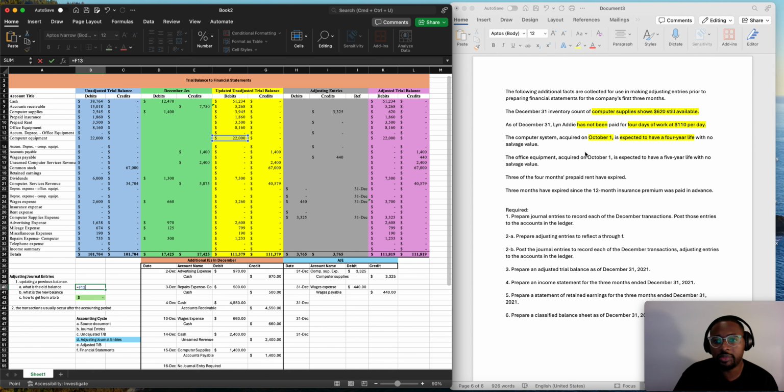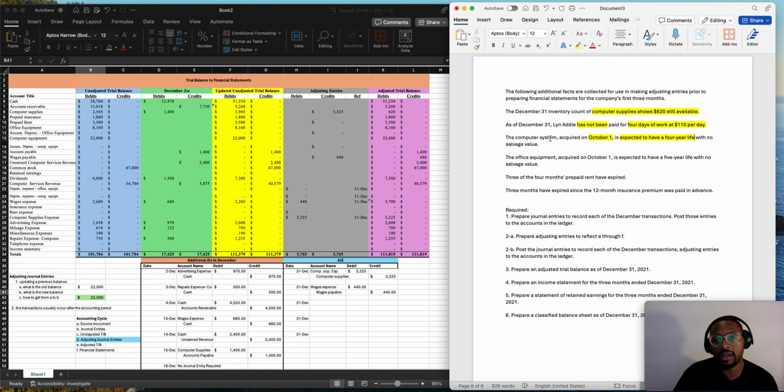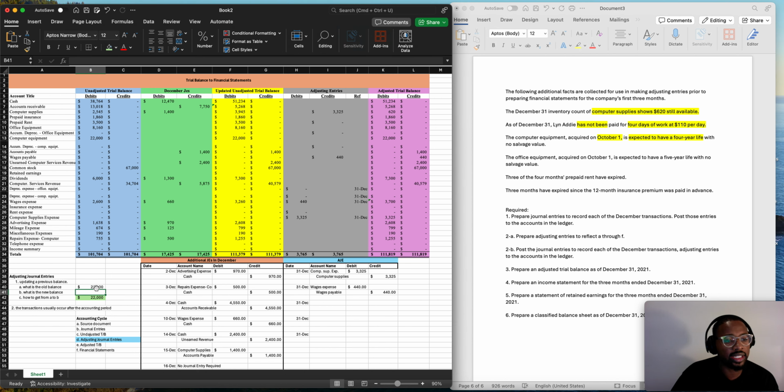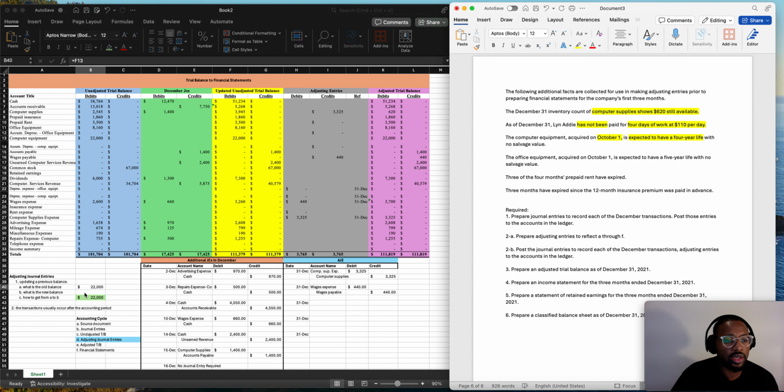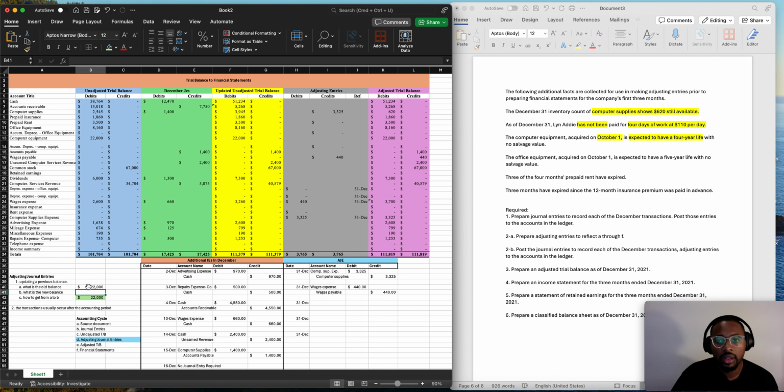So that should be computer equipment. But the old balance is 22,000. Let me update that so there's no confusion. What did we say? Computer equipment. Okay, all right, cool. So we know that the old balance is 22,000, right? But this is saying we don't really know what the new balance should be, but here's the information to know